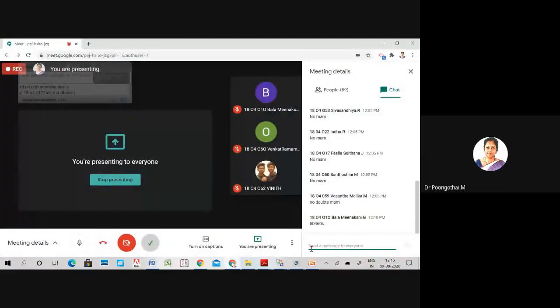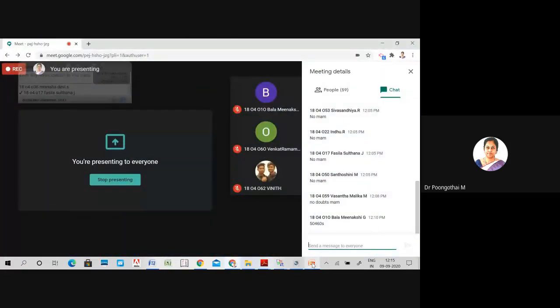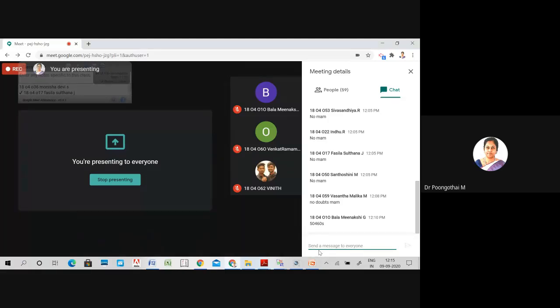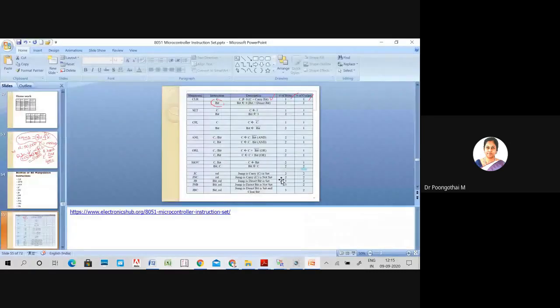The instruction is clear bit. Any answers? So your bit represents the individual bits of a bit addressable register.